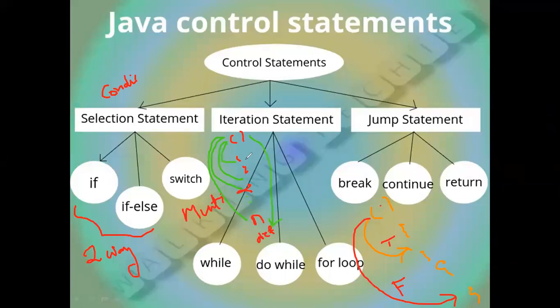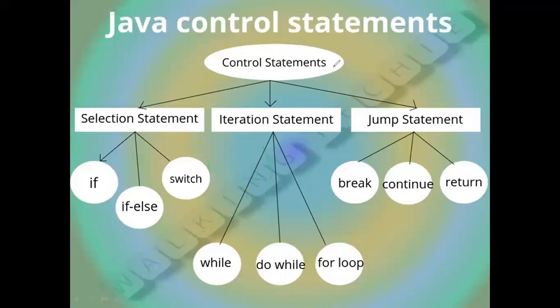Case number 1 may get executed if the condition is satisfied with case number 1. Case number 2 may get executed if the condition is satisfied with case number 2. So here we have n number of cases, or n number of selections. Depending upon a condition, any one selection will get executed. That is why we call it multi-way selection. Let us write one or two examples on if and switch case.